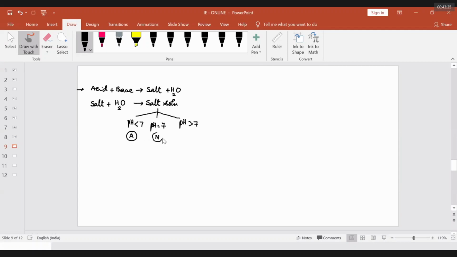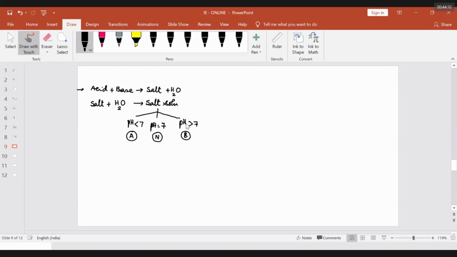So if you are saying that whenever salt is dissolved in water, the resulting solution, listen to me carefully, I am saying a statement available in the books and some of the lecturers, which is going to be wrong now. When a salt is dissolved in water, the resulting salt solution exhibits acidic, basic, or neutral properties. This is known as salt hydrolysis. Our topic is salt hydrolysis.